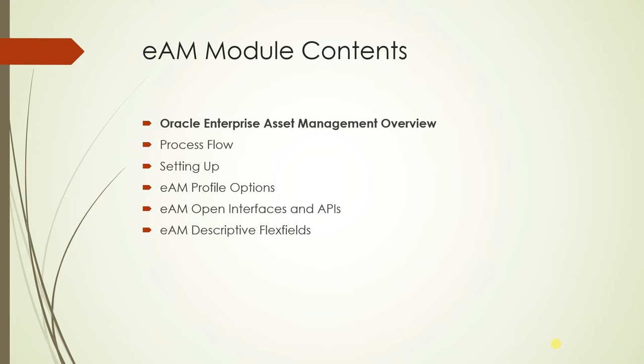The EM model that we will be covering in a series of videos are: Introduction to EM, an overview about enterprise asset management; process flows, in which work execution implementation and preventive maintenance implementation flows will be explained; and setting up. In this topic, we will cover the EM administrator's necessary setup information by showing how it is done on the Oracle EM application with examples. EM profile options explains how the system administrator sets the profile option update at site, application, responsibility, and user levels.